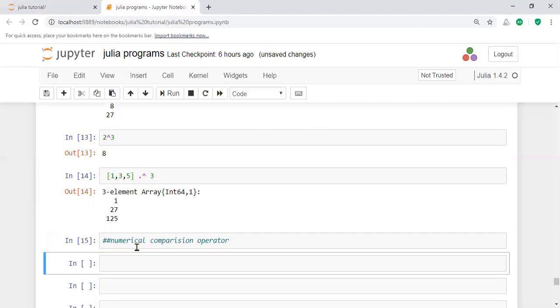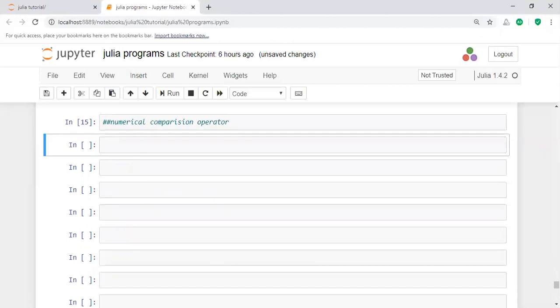For example, equal to, in some cases not equal to, less than or equal to, greater than or equal to. These are all called numerical comparison operators.